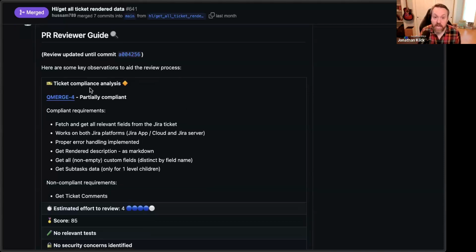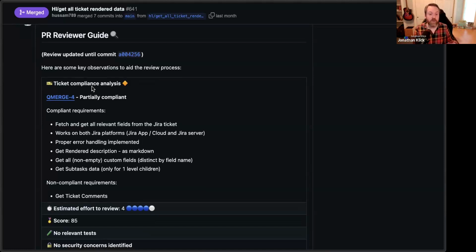Starting right at the top, this is actually a brand new feature. This is not in last month's webinar. It's the idea of ticket compliance. I'm going to be honest, Jira's pretty ubiquitous, right? Most of us are using Jira nowadays. Some of us might be using other things like Linear. I've seen ClickUp on occasion, maybe Asana for project management. Some of you might be using Azure DevOps for project management.